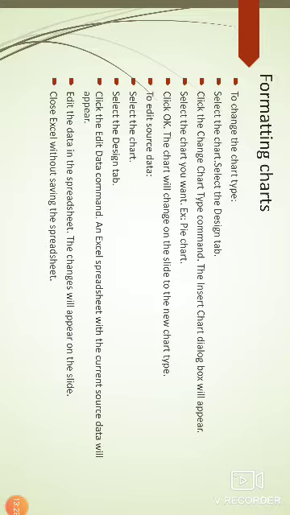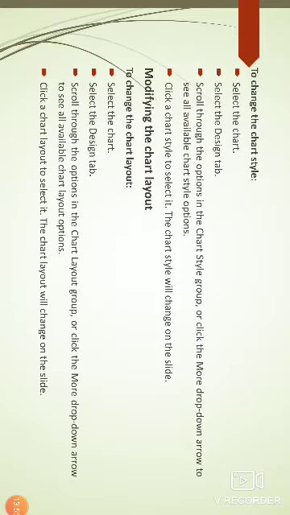Now an Excel spreadsheet with the current source data will appear. Edit the data in the spreadsheet and the changes will appear on the slide. Close Excel without saving the spreadsheet, or if you want to save the data, continue. Next, moving to the next slide.